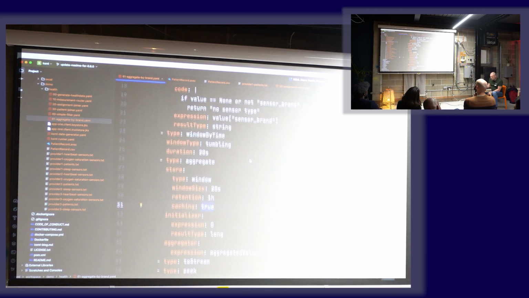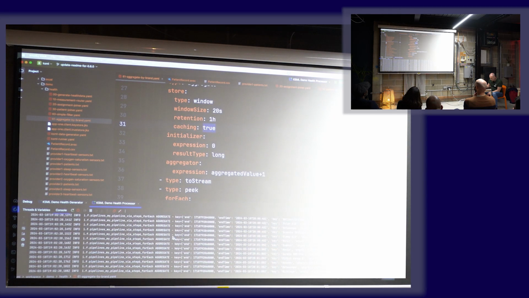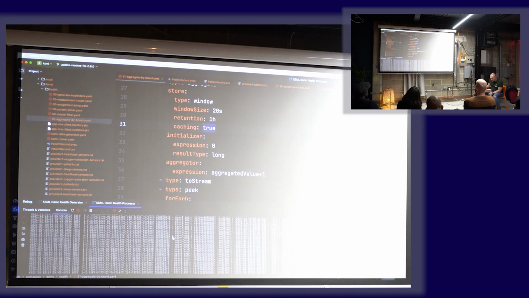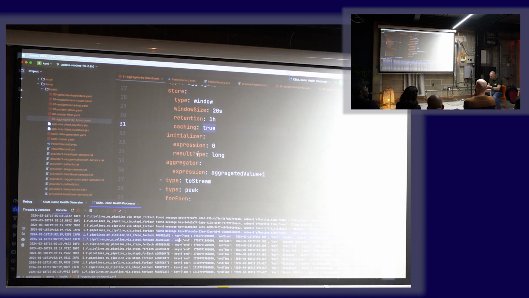So what you can choose is whether all the output that you saw in the aggregates, you saw it being dumped. It started here, and then it was dumped. The whole time window was dumped at once. So that is caching true, meaning that you get output only once every 20 seconds. All the intermediate results just get cached until the window really closes, and then you get all your results. If I put this to false,